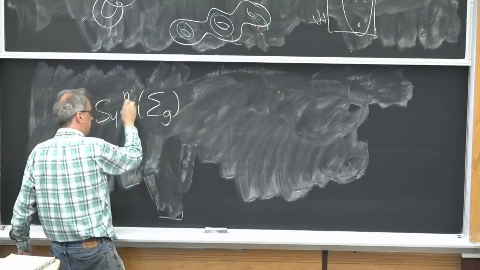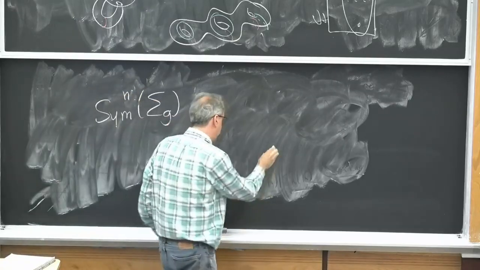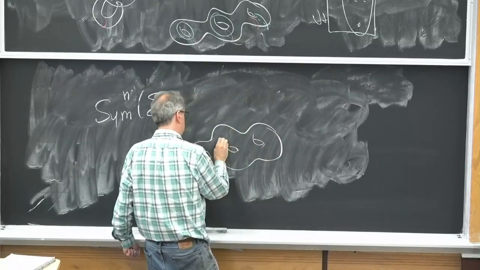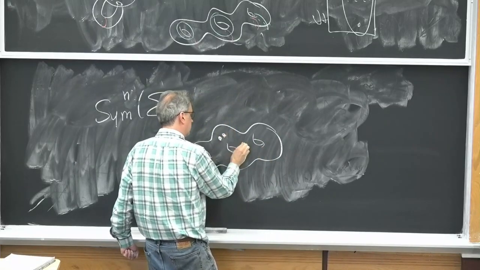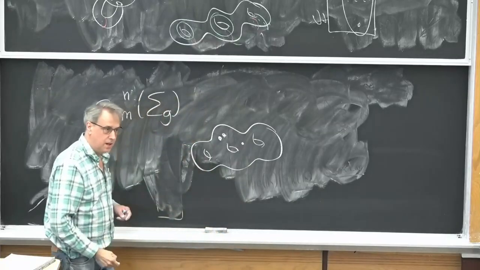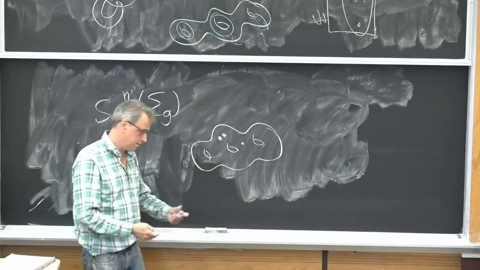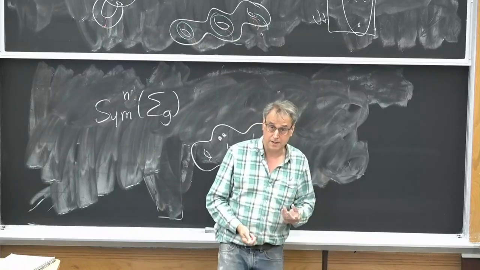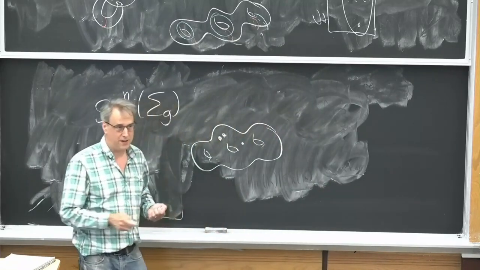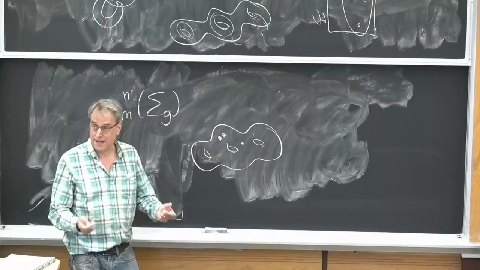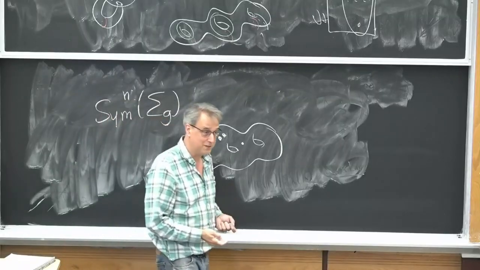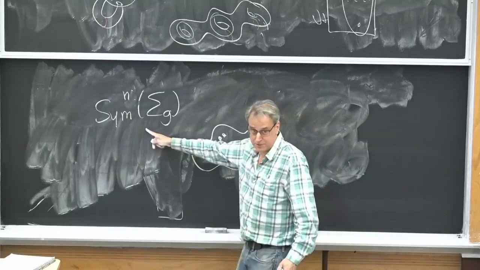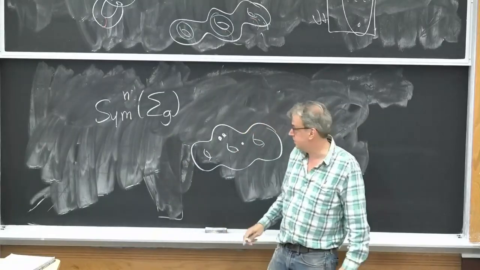We say n-fold symmetric product. So what's the n-fold symmetric product of a surface? It's just the space of n-tuples of points on your surface, period. Except you're allowing, symmetric product means that you're allowing points to collide. Now, typically that's a fairly evil thing to do in a manifold because it stops being a manifold. But there's a wonderful miracle in dimension 2 that tells you that the n-fold symmetric product of the genus G